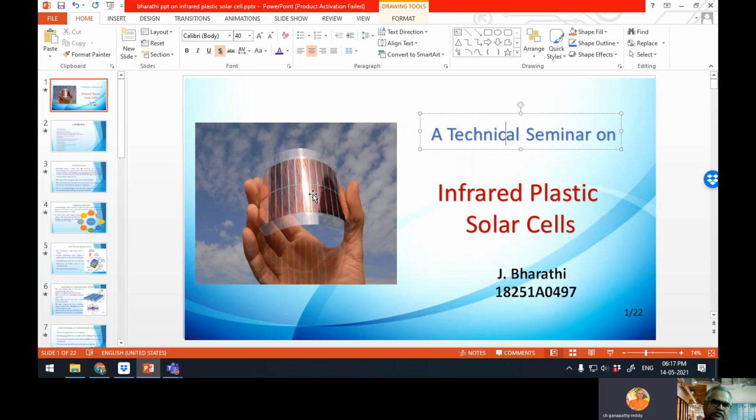Background sunlight is shown, clouds and sun are shown. It is bent because it's plastic, and for infrared, some red color is also there. So this image speaks exactly what the title is. For every topic it is not possible, but in this topic it is possible. It is nice. So this slide I have modified, and it is now better than the previous one.